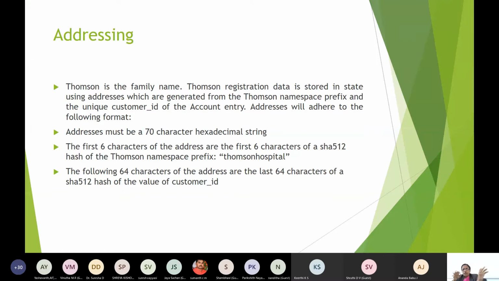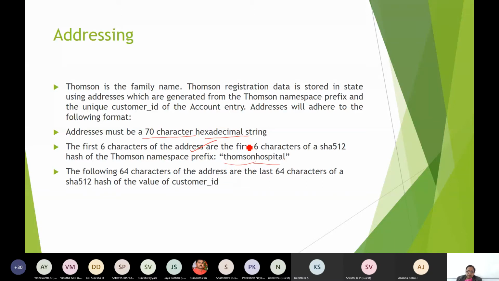So there in the account entry, addresses in Hyperledger Sawtooth adhere to a 70 character hexadecimal format. I think I had put only Thompson there. It can be Thompson Hospital also, as the family name.